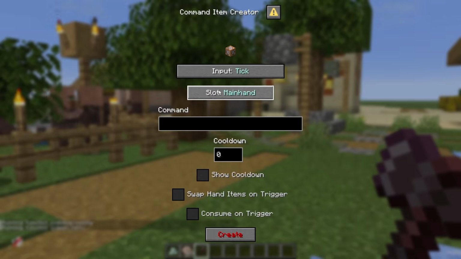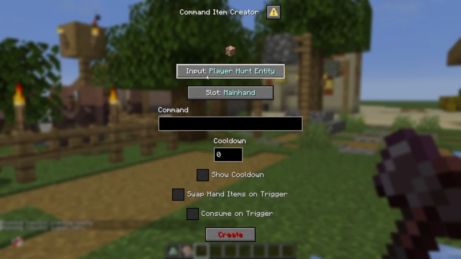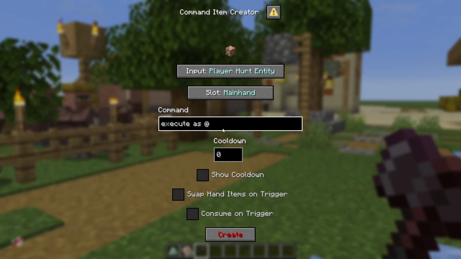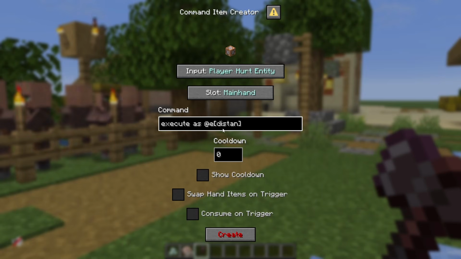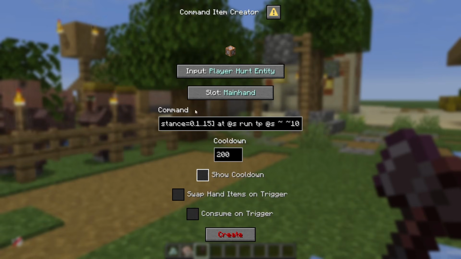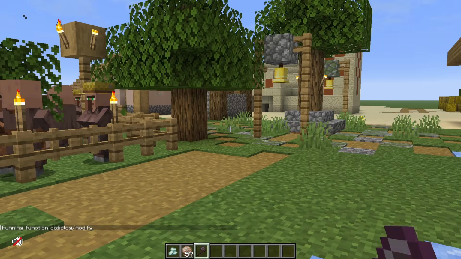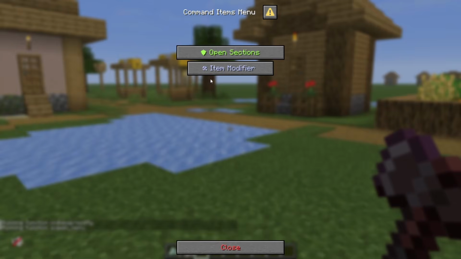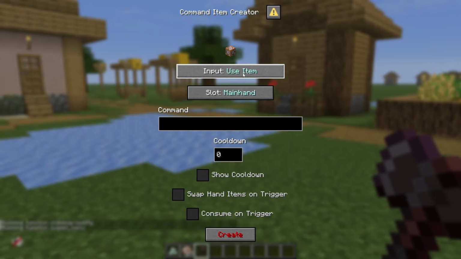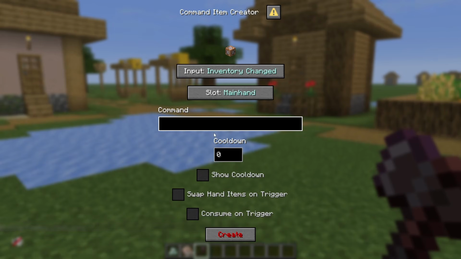Then open menu and commands, and now maybe with player hurt entity. So execute as this. Distance, and with some even larger cooldown. And yeah, don't show the cooldown, so it won't show whenever we hit a mob with this weapon. And maybe some last thing for the offhand slot. So add commands and inventory changed, and maybe